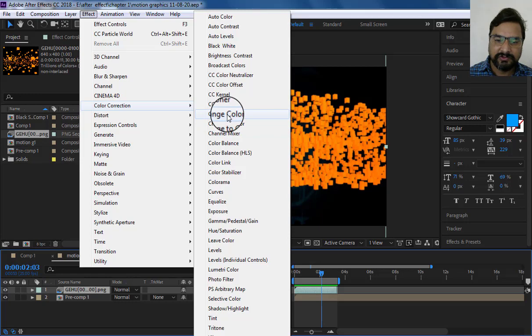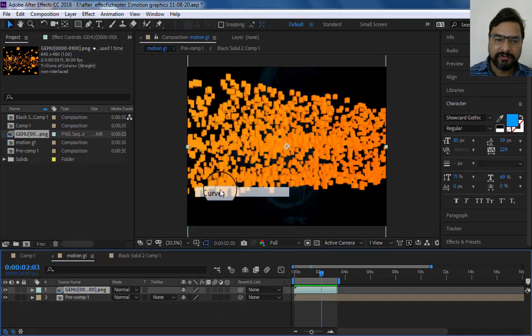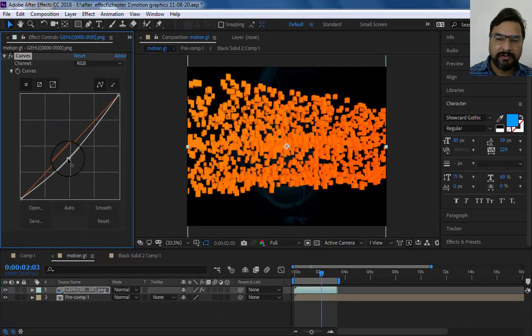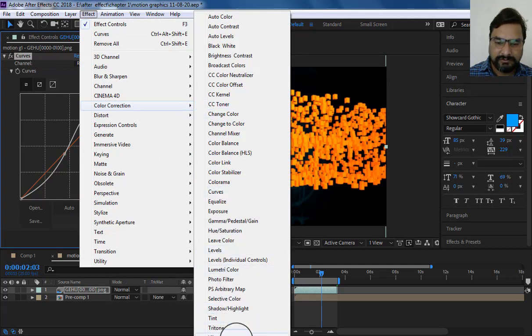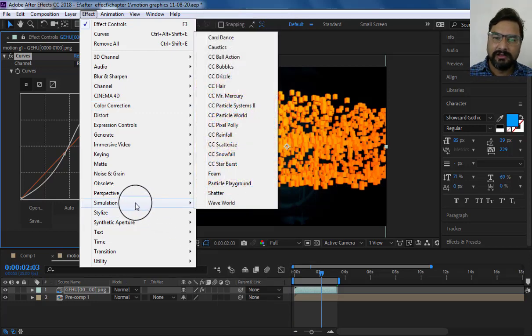We can also use curves, maintaining all these things in a different pattern. Like this. You can also use color tint and glow and levels. We have lots of options to create different types of style, and we can easily create all these things.